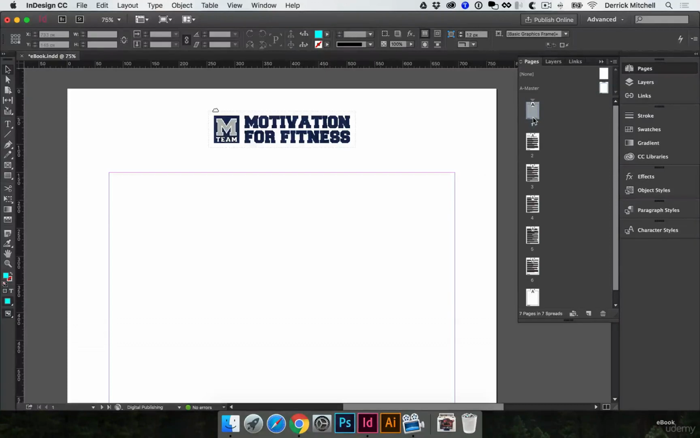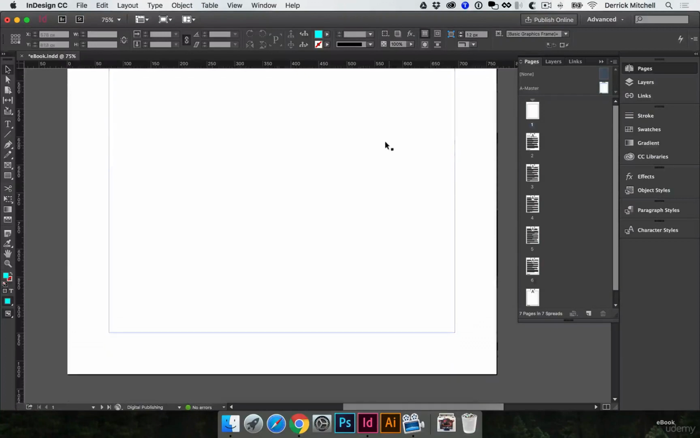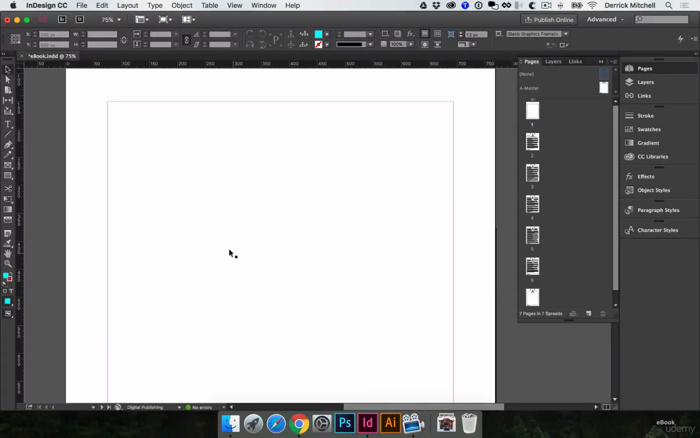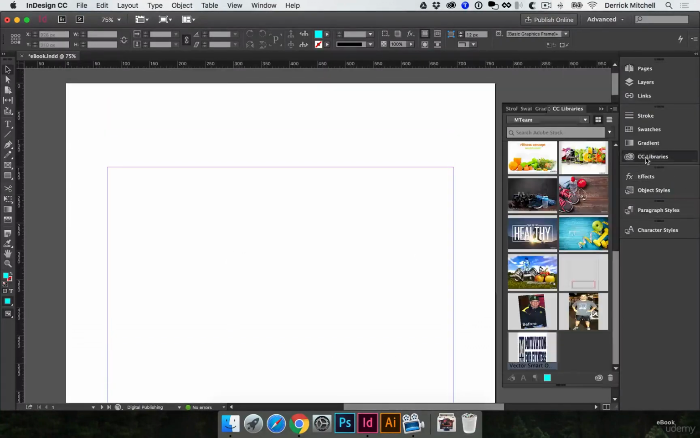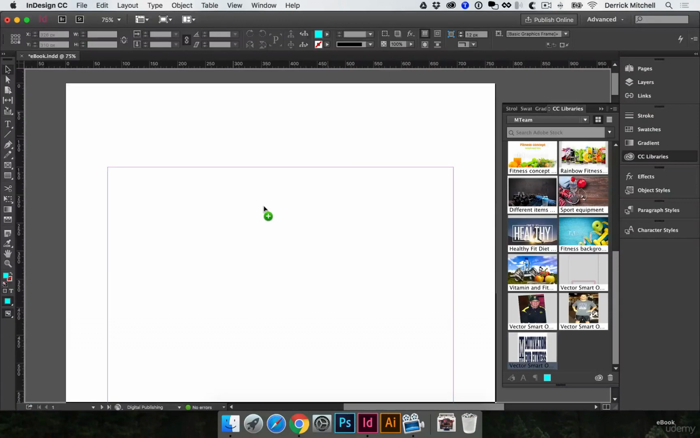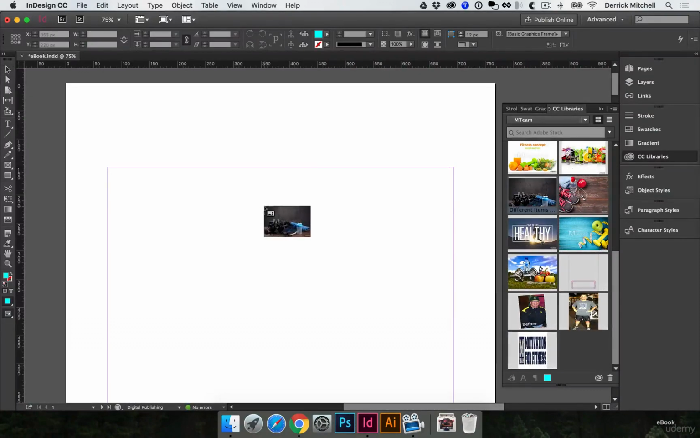Let's go ahead and remove this master page. Currently it's set to the A master page. We'll click on this none icon and drag down to that first page. So now we have no elements on this page whatsoever. I can come over to my Creative Cloud libraries, and I already have some photos that I've brought in specific to this project. So I'll just drag and drop this image right over to this cover page,